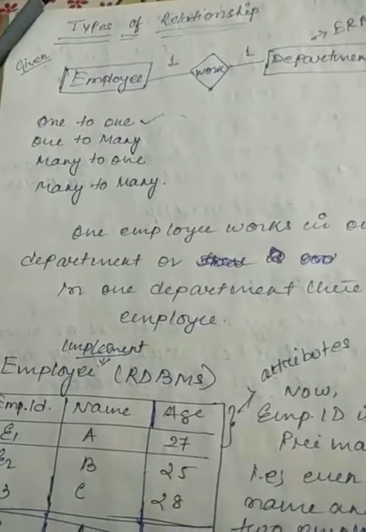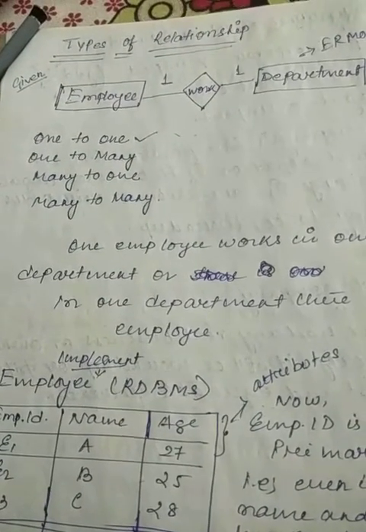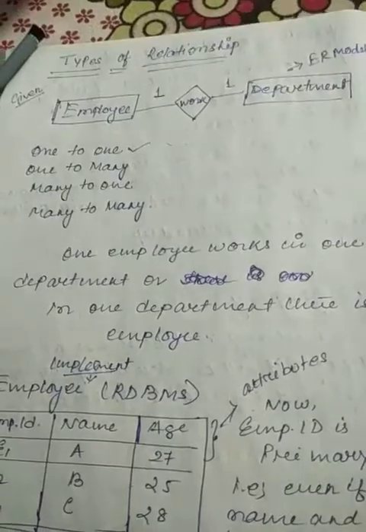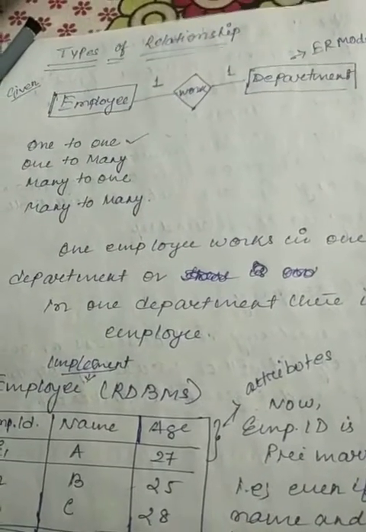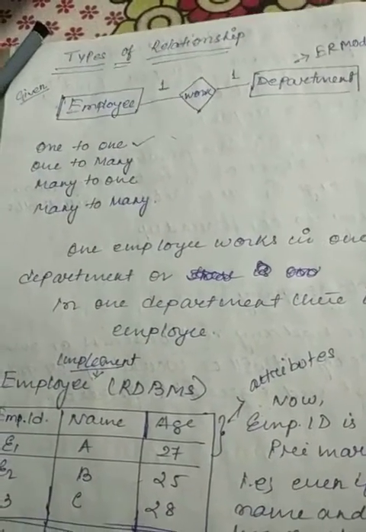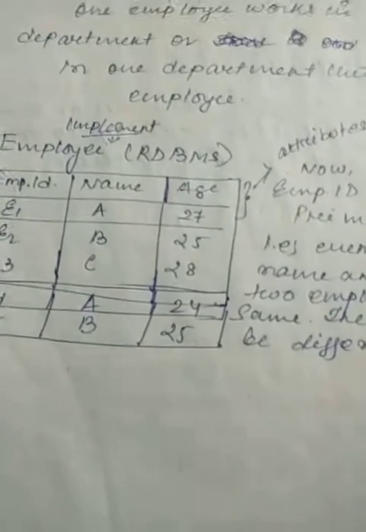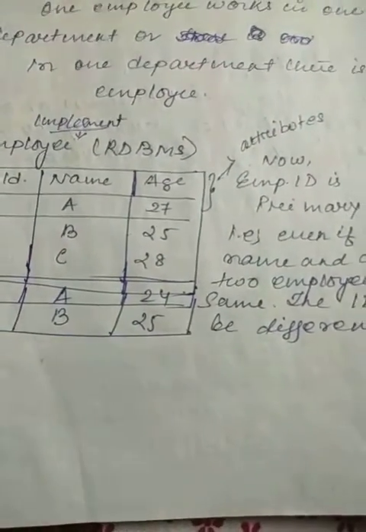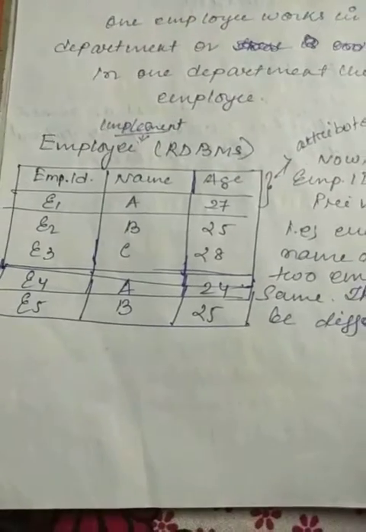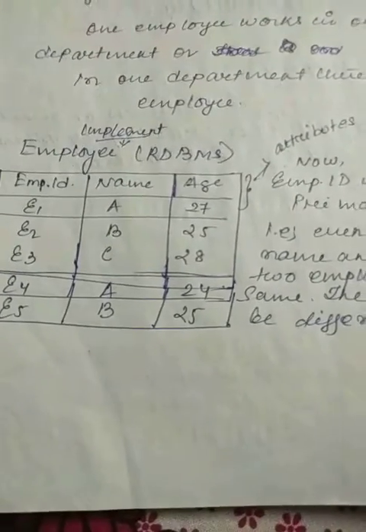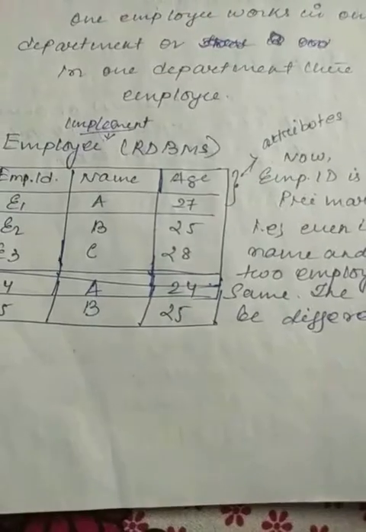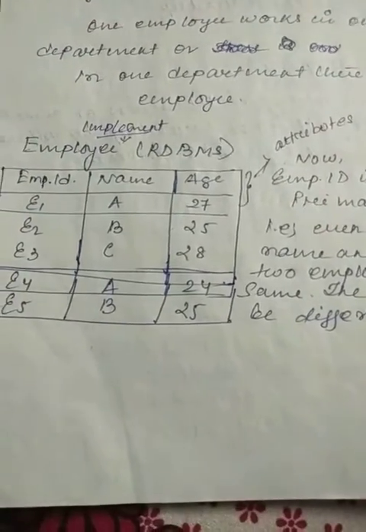Now, as we know that it is represented as an ER model, we can convert it into RDBMS, that is a relational database. In case of a relational database, we can represent employee, that is our entity, as a particular table. We can convert the descriptions of the employee into a particular table.